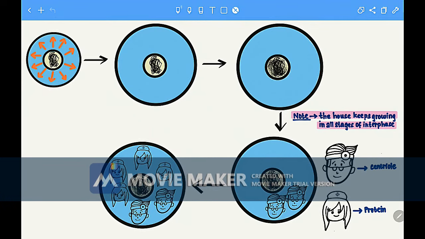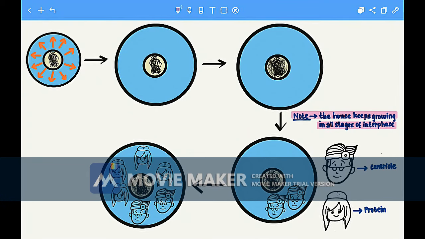So now during the next stage, the nurses have come behind the doctor. The doctor duplicated, and the nurses, or the proteins, started forming to help the doctor operate on these patients due to the severe emergency that they are facing. And that's all interphase has. This is the story for interphase. M phase will be a continuation of this story.